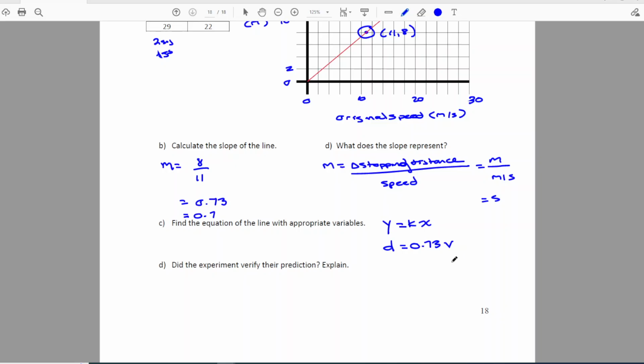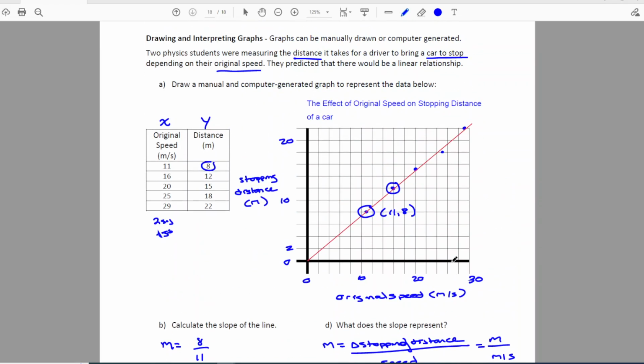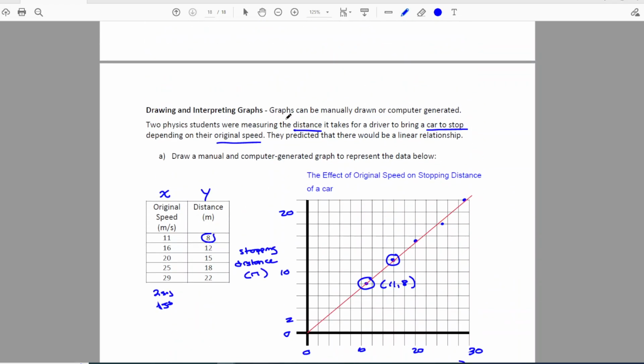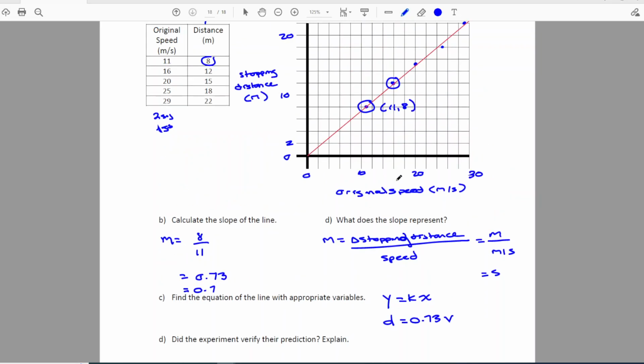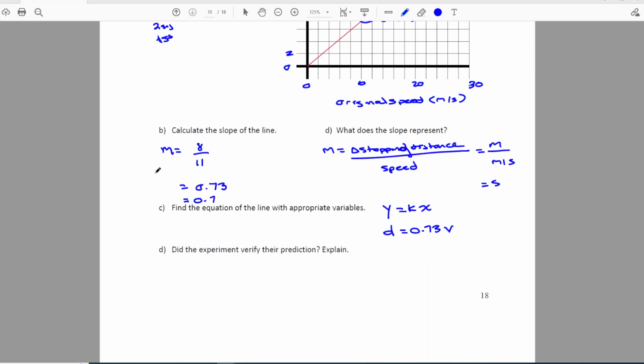Now, this question is worded a little bit differently than the other ones. It says, did the experiment verify their prediction? Explain. This is getting you ready for the lab. So let's pretend that the objective of this lab is to determine if there's a linear relationship between original speed and stopping distance. And because we came out with a pretty great line, we'd say, let me just change to typing. Yes, there is a linear relationship, they didn't care about direct. It is direct, but a linear relationship